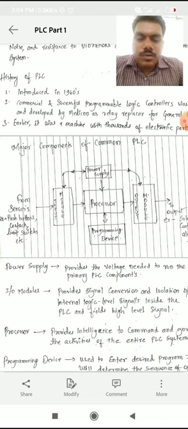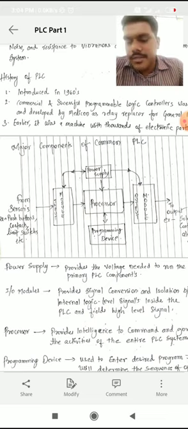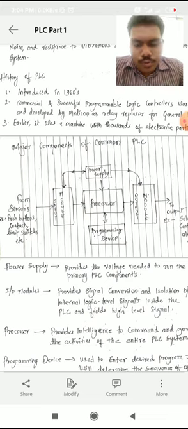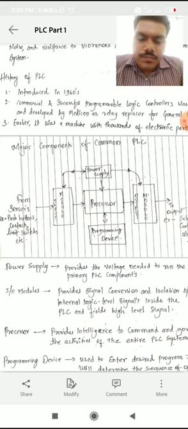On the left side it is an input module, and on the right side it is an output module. Before this I'll discuss the power supply. So what is power supply? If we have to operate this PLC, then we have to give power supply.